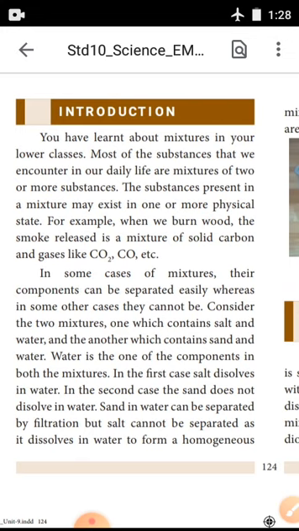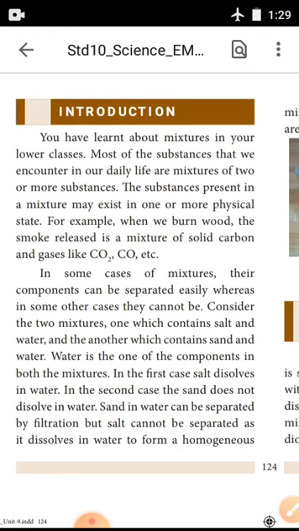If the mixture contains some substances, it may exist in three states of matter: solid, liquid, gaseous state. So in our life we are using some mixtures. The mixture contains some components. What does component mean? Substance. For example, salt water. If you are preparing salt water, what are the substances you need? One is a beaker, one is salt, another one is water. So we need salt and water. These are components. Component means substance.